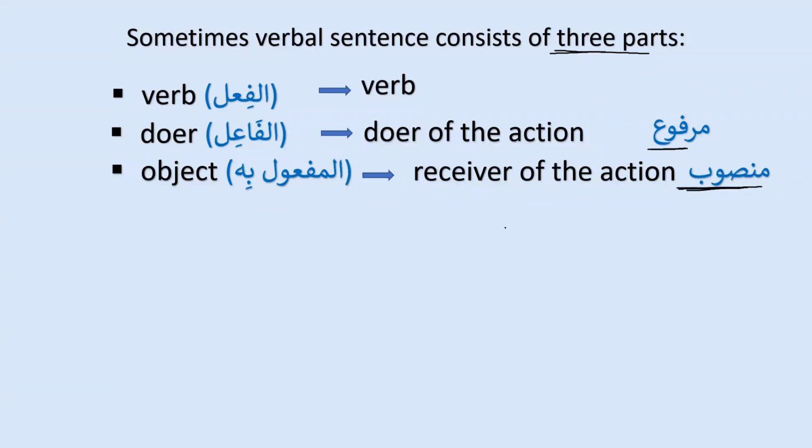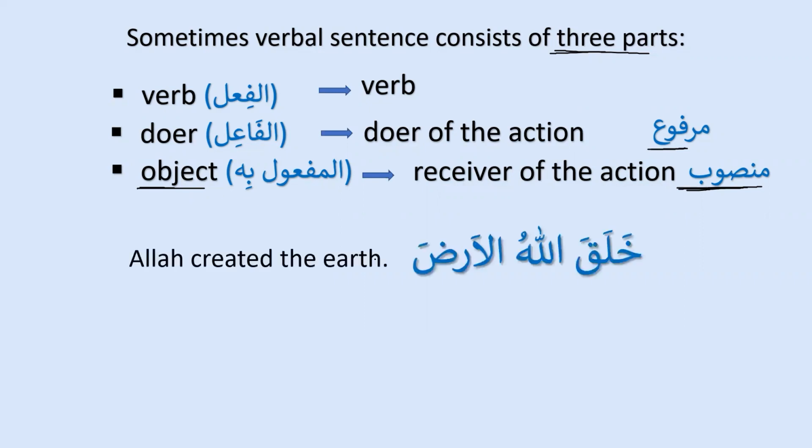always mansub. So now we have fi'l, the verb, then we have the fa'il, the doer of the action, that is always marfu', and then we have al-maf'ul bihi. Please remember we call it direct object because there are different types of objects, and the first one that we are learning is the direct object, and that is called al-maf'ul bihi, the receiver of the action. For example, we have here